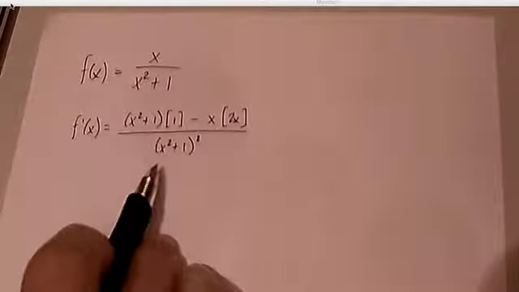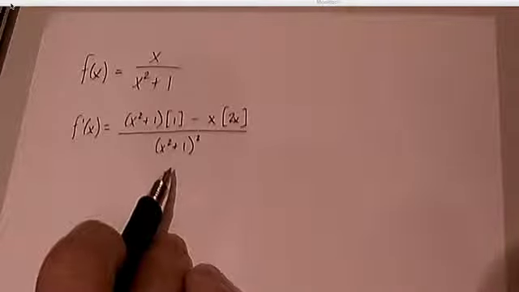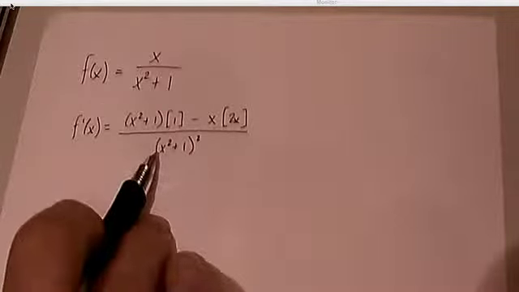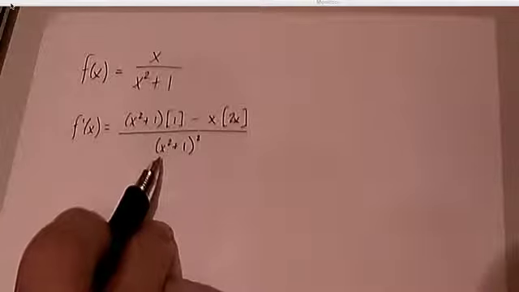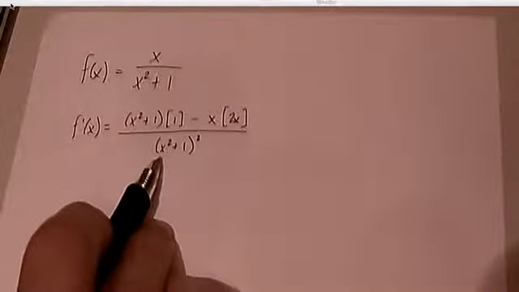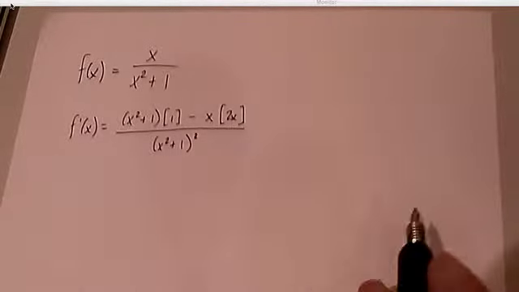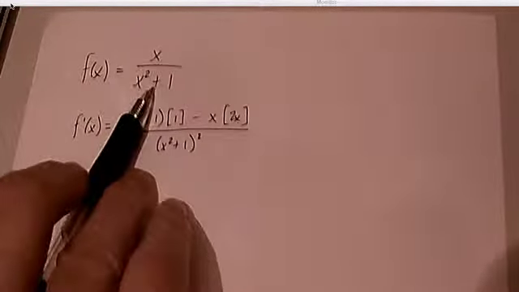Now remember, you're not looking here for a place where the derivative is undefined, because the only thing that happened from the original function to the derivative is that x squared plus 1 became squared in the denominator. And x squared plus 1 we know is always positive, right? x squared is always non-negative. Non-negative plus 1 is always positive. That's why this is a rational function that has no discontinuities,